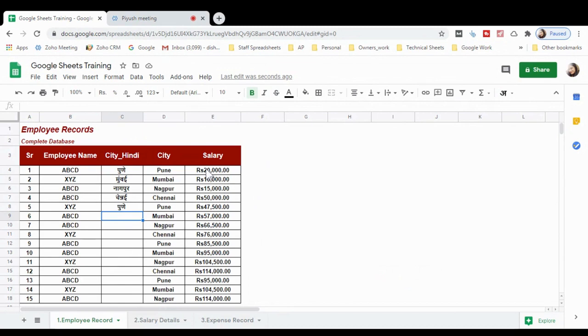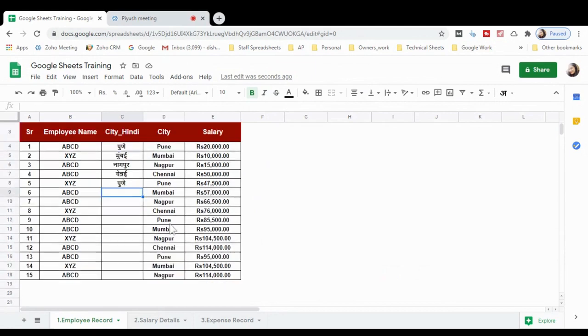Now, after the language, another point I'll cover here is changing the decimals. From this bar, you can decrease the decimal. Here you can increase the decimal. I'll show you how. As you can see, it is increasing the decimals on the right side.